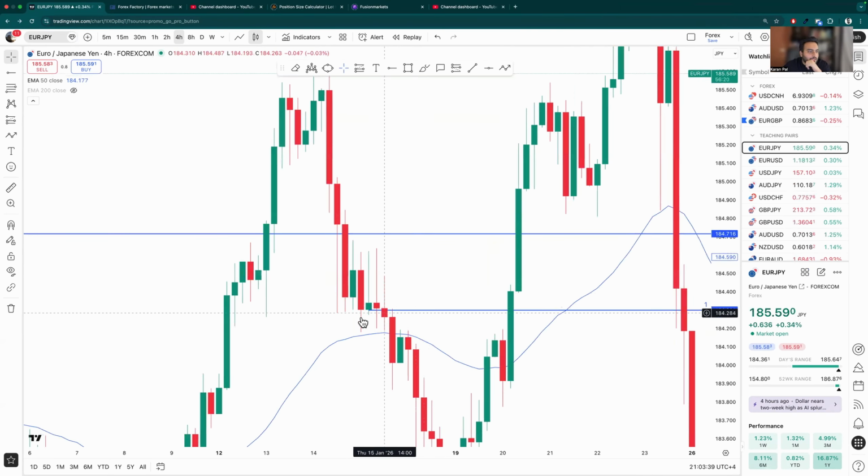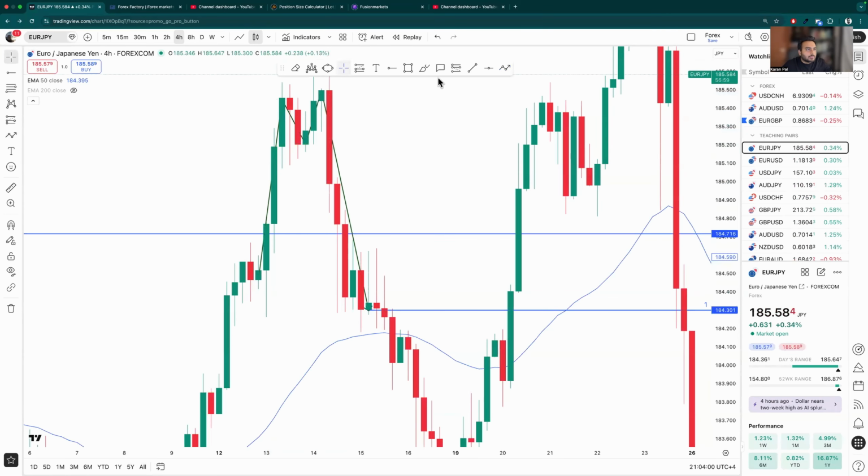So yeah, this is a lower low. This is not just structure. This is a lower low. And the reason behind it, you see this was the higher low, this is the higher high, and then higher low, this is the higher high, and then this is the lower low.